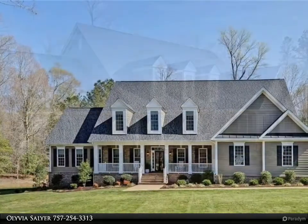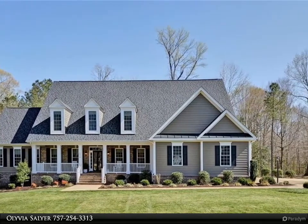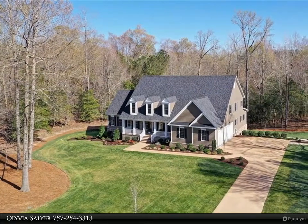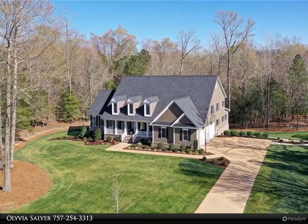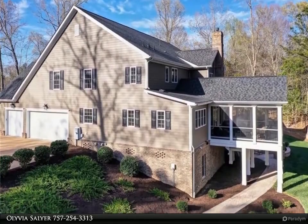Amazing, like new, expanded Cape Cod on 3 acres in the Westport neighborhood of the award-winning Ford's Colony community. Fantastic open floor plan, first floor living. Kathryn Salyer designed chef's kitchen with 8 feet island, professional appliances to include 48 inches dual fuel gas range and